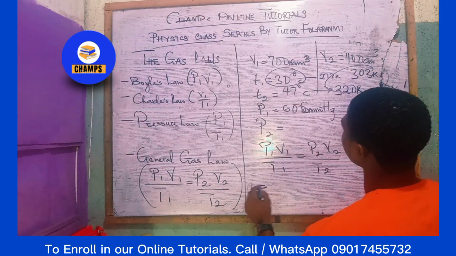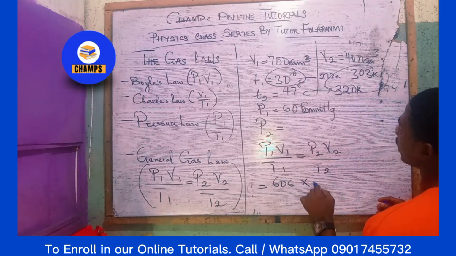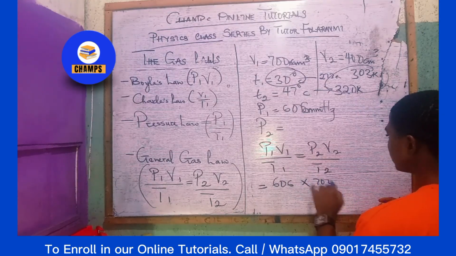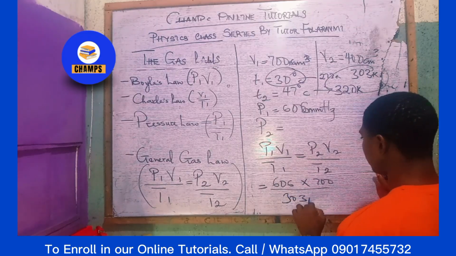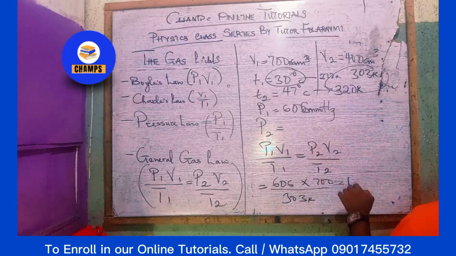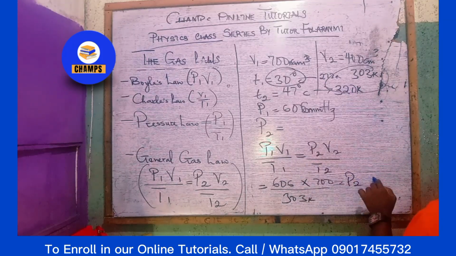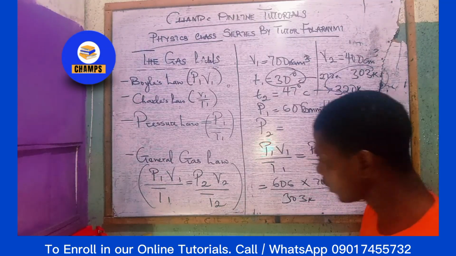If we input all our values, our P1 is 606, multiplied by our V1, which is now 700, over our T1, which is now 303 Kelvin, is equal to our P2, which is what we are looking for, unknown, multiplied by our V2, which is now 400, over our T2, which is 320. By cross multiplication, we can now change the